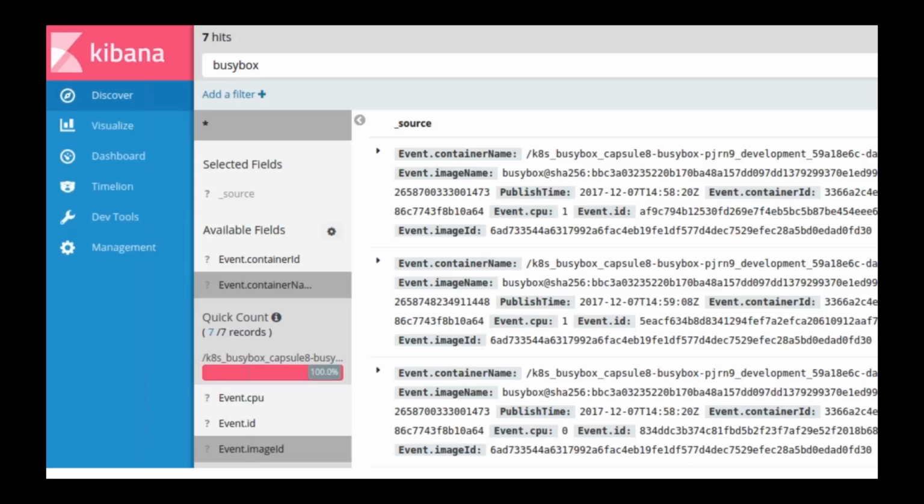For this proof of concept architecture, showing how we can use this in Kibana, if you're using Capsulate Sensor, we're adding events with container information and process activity, which makes it really easy to search for things like, hey, has anyone run a BusyBox in my Kubernetes cluster? Each event will say which image it came from. You can identify pods that were launched with a BusyBox container, and then you can drill deeper into what those did by searching for the